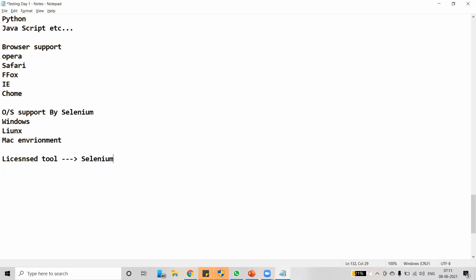On top of this limitation, these tools support only limited operating systems. For example, QTP supports only Windows. It does not work on Linux. Due to these limitations, most IT projects are migrating their automation scripts from licensed tools to Selenium. That's another reason. Coming to Java, why are we learning Java and what aspects do we have to focus on?